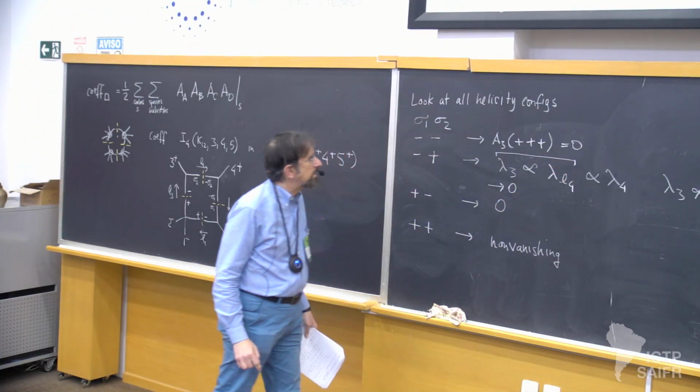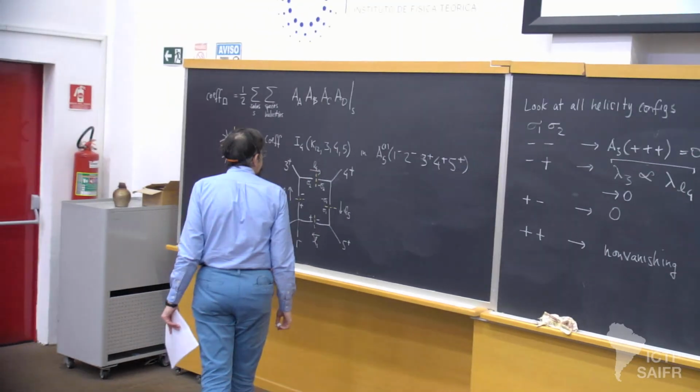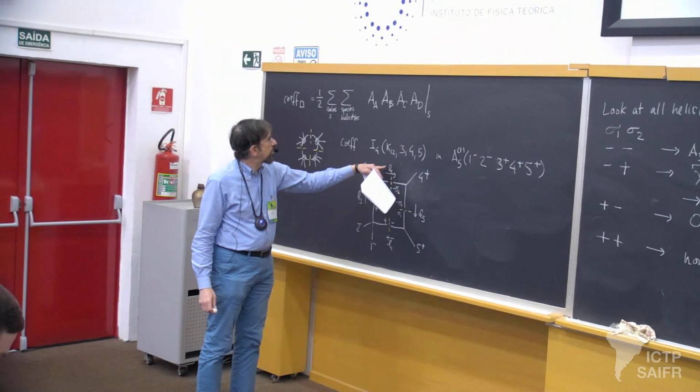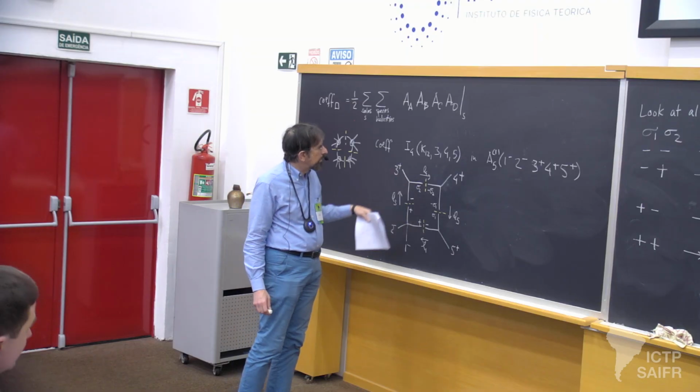So that suggests that we should build our solution by maybe focusing on L4, and so L4 is going to be proportional to some angle 3 spinor,